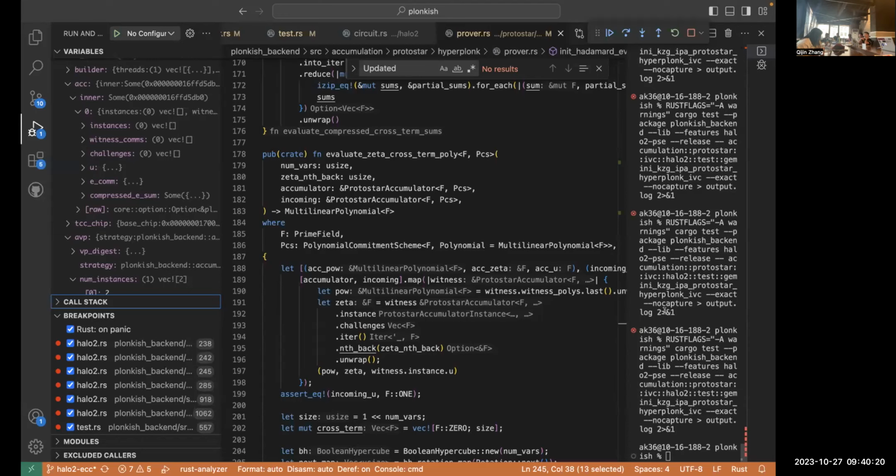Okay, there was another discussion back in August at Hackhouse in Suzhou in our lab. We went through the CycleFold paper, and in the CycleFold paper they claim that all non-native field operations can be delegated to the secondary curve. But actually, after that discussion, we found that there are still